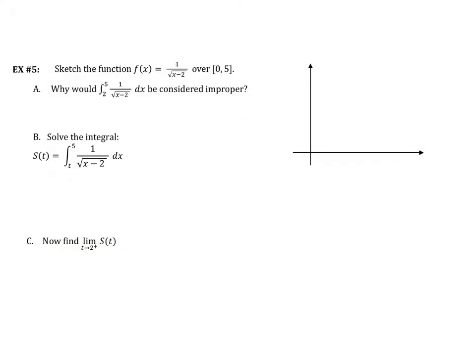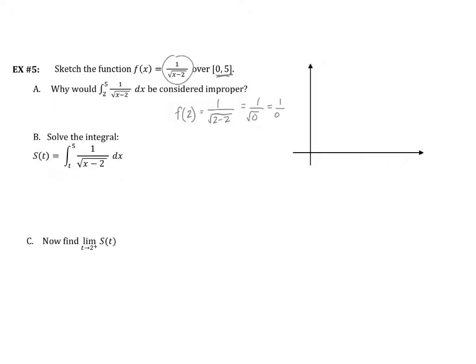Hey, here's another way that they could possibly ask these questions. Look at the first part. It wants you to sketch a graph of 1 over the square root of x minus 2. Now, I do know here if I let x be 2, notice what's going to happen here. Because we're looking from 0 to 5, but if we look at f at 2, notice what's going to happen. We have 1 over the square root of 2 minus 2, which is 1 over the square root of 0,